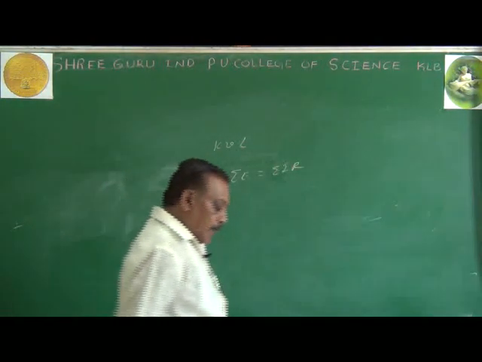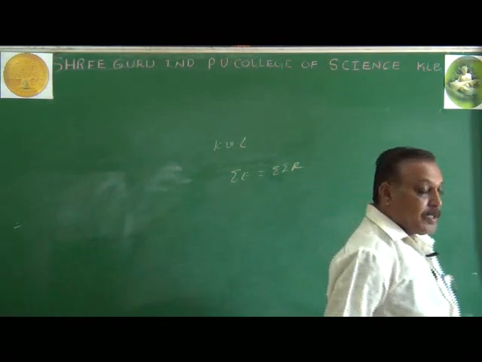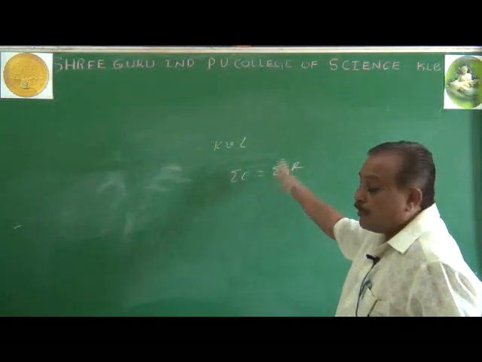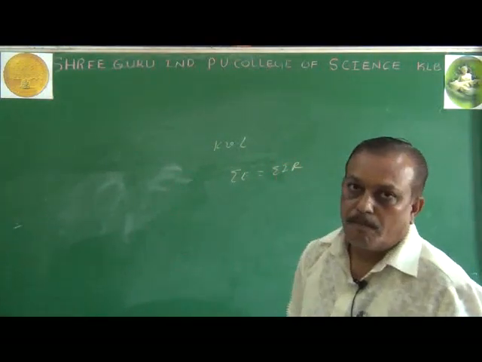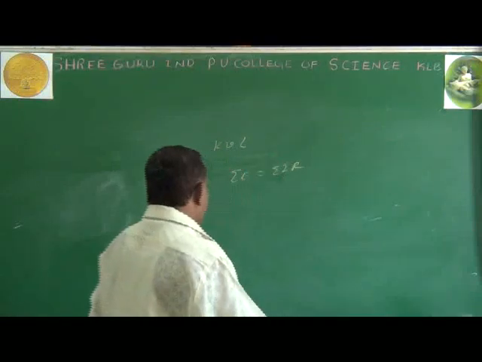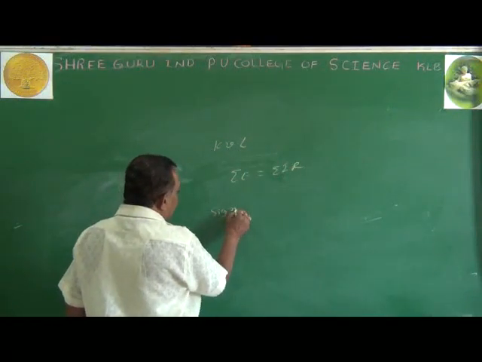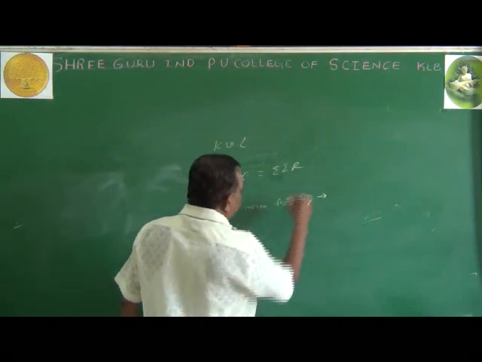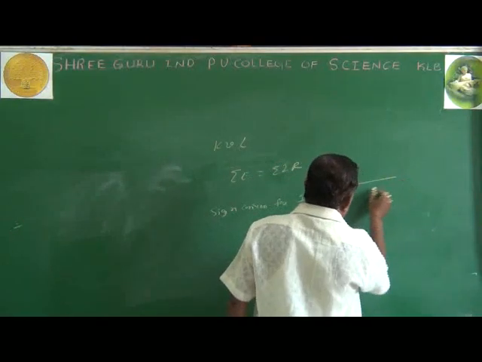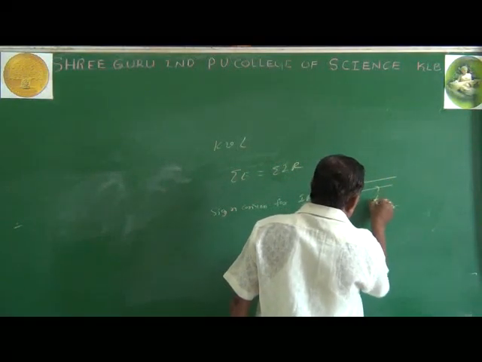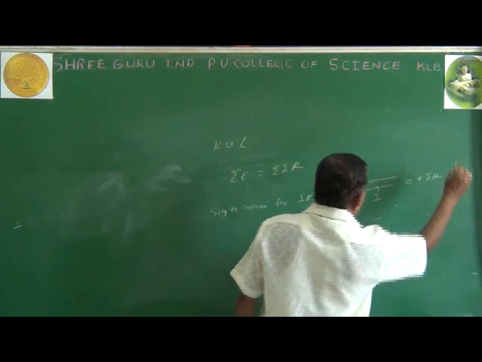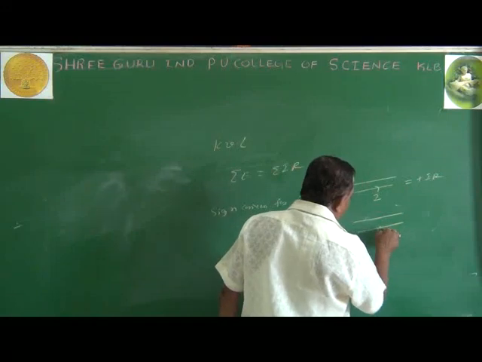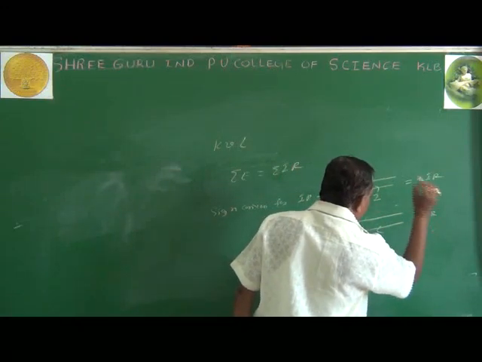Sometimes the statement is provided as: sum of the potential difference in a closed loop is equal to 0. Then there is a slight change in the sign convention. By keeping this concept, we have the sign convention for the IR product. While going in a loop, if the current is along with you, then the IR product is taken as positive. While going in a loop, if the current is against you, then the IR product is taken as negative.